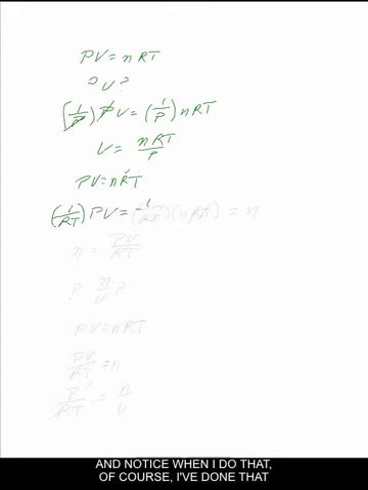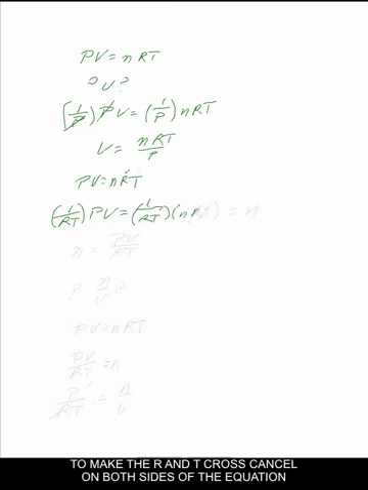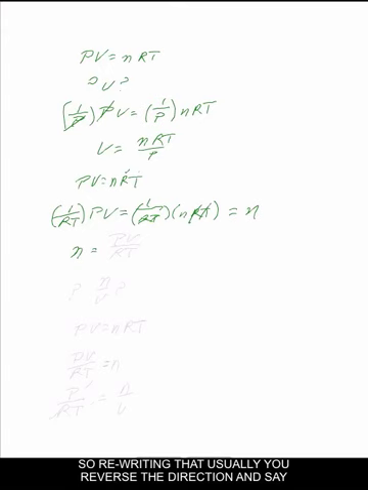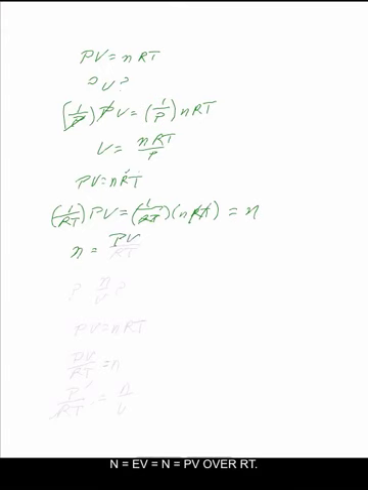And notice when I do that, I've done that to make the R and T cross cancel on both sides of the equation, leaving nothing but n, because that's what I wanted, to find n. So rewriting that, usually you reverse the direction and say n equals PV